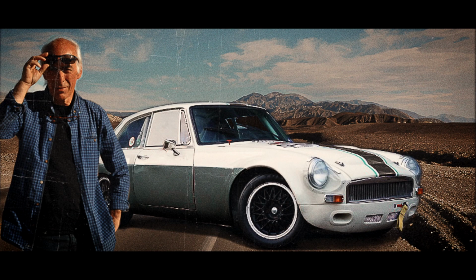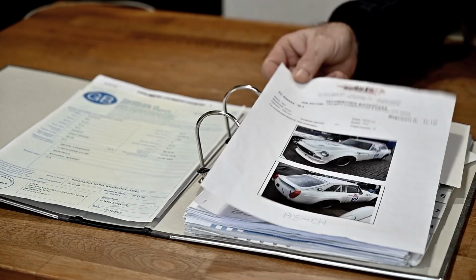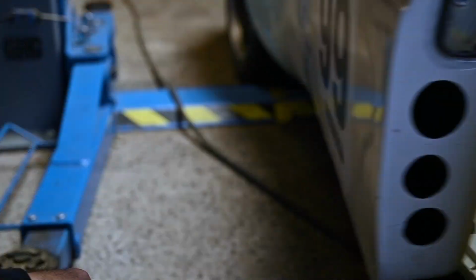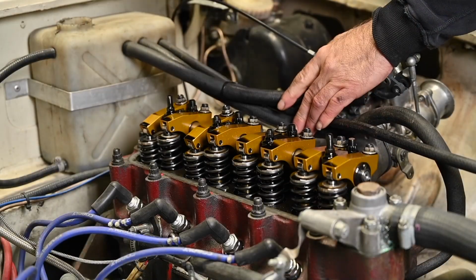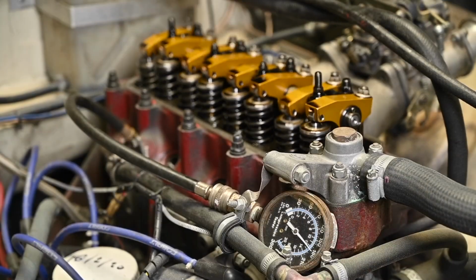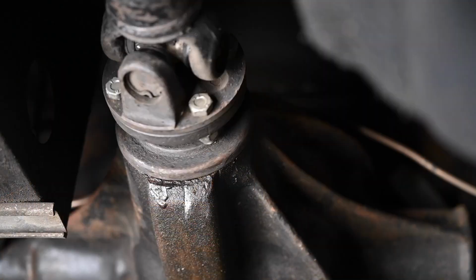I again got an MGB GT, a track car, and you might have seen that one in previous videos. This one is a pretty nice one. It is about 170 horsepower. It only has the 1.95 engine in it with larger valves and so on. So that car is now being prepared for 2023 to get on the track. So you will see me